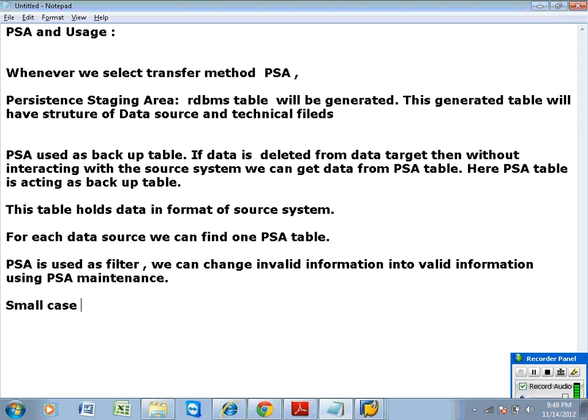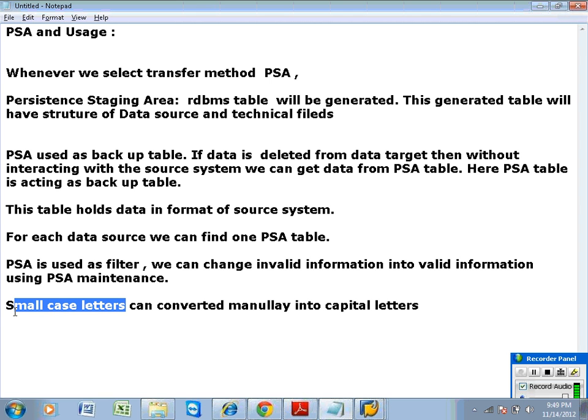Small case letters can be converted manually into capital letters. Small case letters are always invalid information for BW.